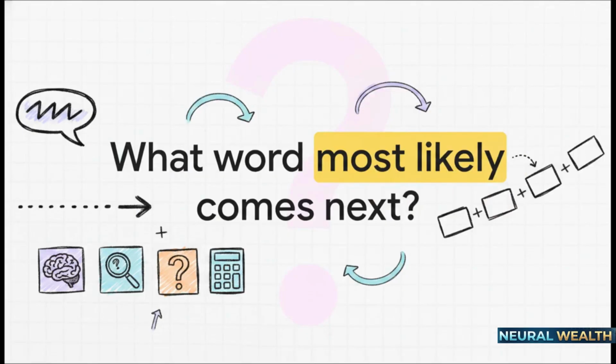Everything we are going to talk about today builds on this single foundational idea. At its absolute core, an AI language model is nothing more than a prediction machine. That is literally its one and only job. When you give it some text, it doesn't sit back and ponder the philosophical meaning of what you just wrote. Instead, it asks itself one relentless, repeating question. Given everything that has been written so far, what word most likely comes next? Then it adds that word. And then it asks the exact same question again, and again, and again. Word by single word, it builds its response. It is not reasoning its way to a conclusion. It is mathematically predicting an incredibly likely continuation of your conversation.